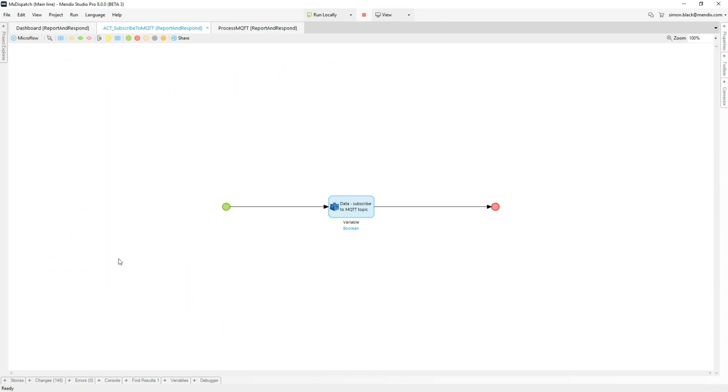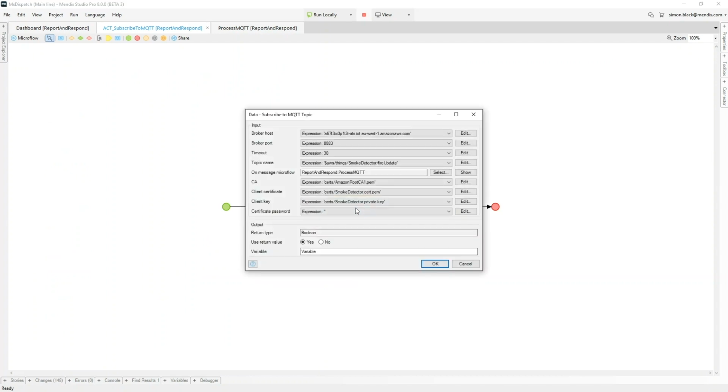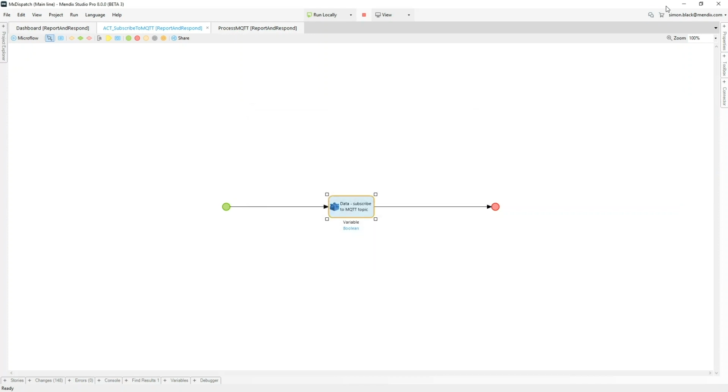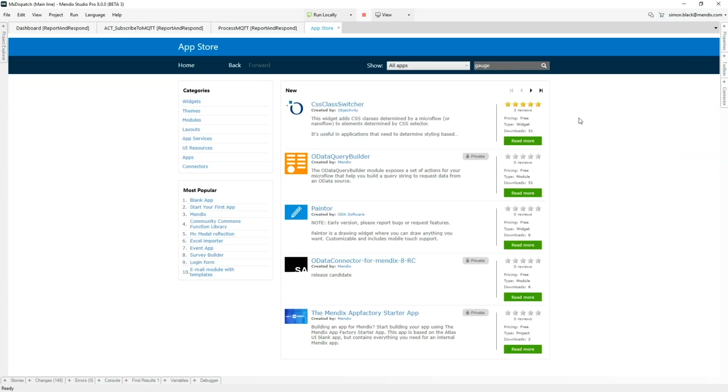And in order to get the data from the AWS IoT service, we need to subscribe to that data using our MQTT connector. So you can see here we have our connector with a number of properties set. And this is currently utilizing the AWS connector that's available on our App Store. And our App Store is our component library. It allows you to extend both on the back end with connectors and APIs, as well as widgets and themes for your front end extensions. And you can download these and reuse these across your application to allow you to accelerate that development process.